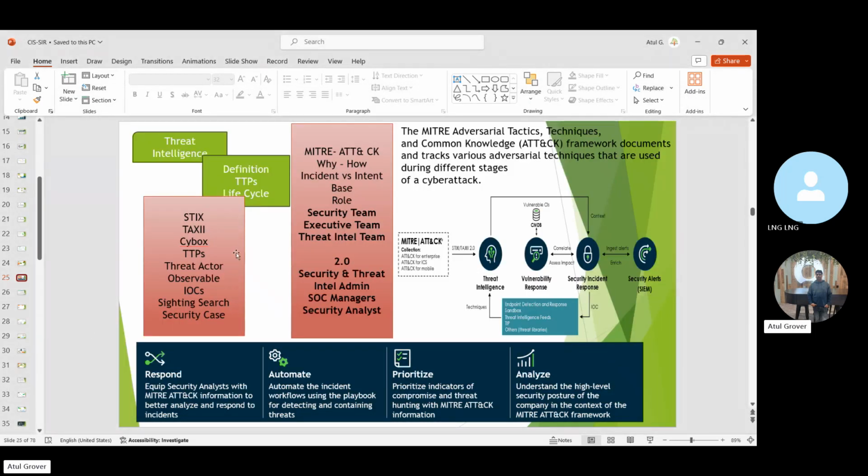Now let's understand these terms. This is important in the ServiceNow world. I have three major terms here: STIX, TAXII, and CybOX. STIX stands for Structured Threat Information Expression. It is a combination of four different words. In layman's language, I can say that this is the way that we define